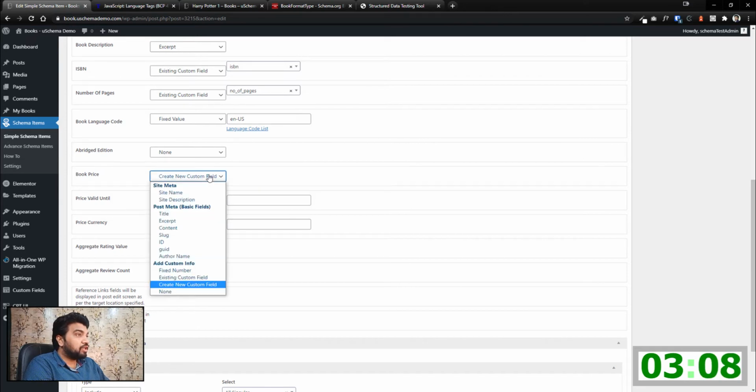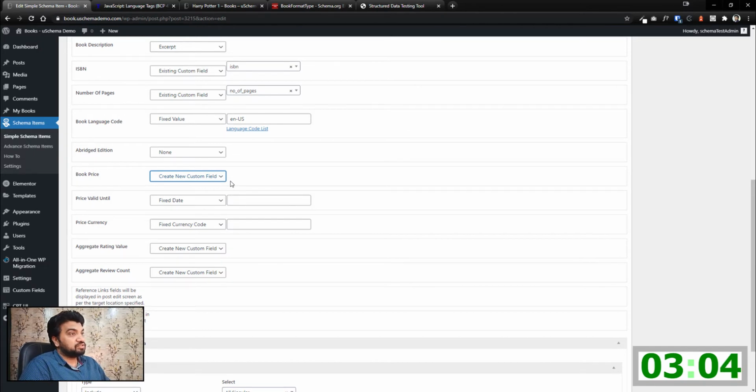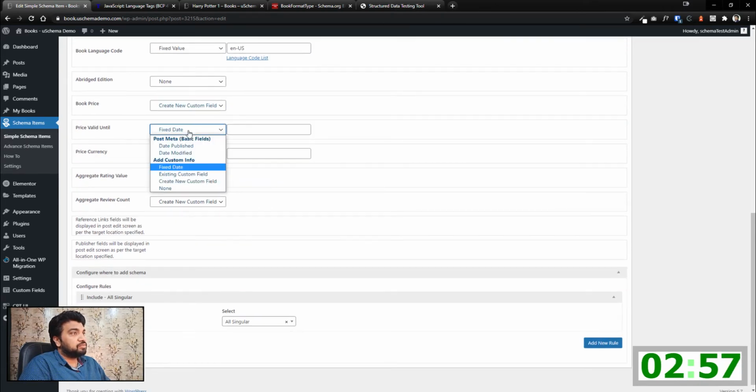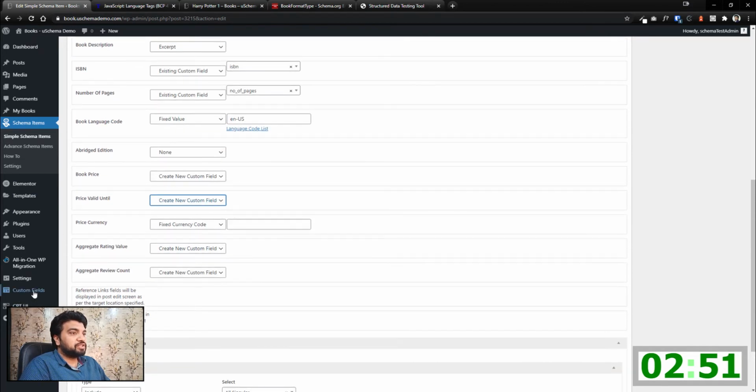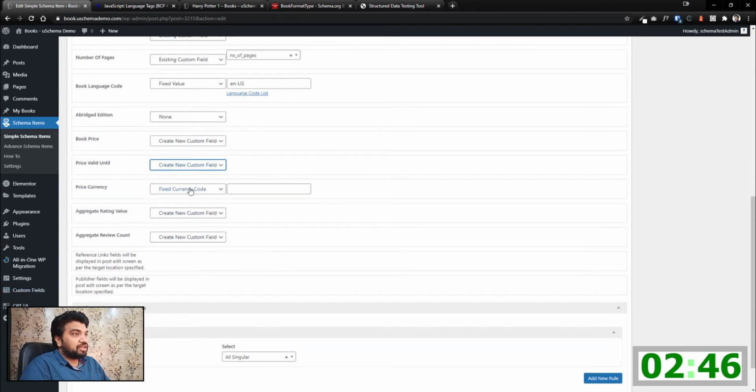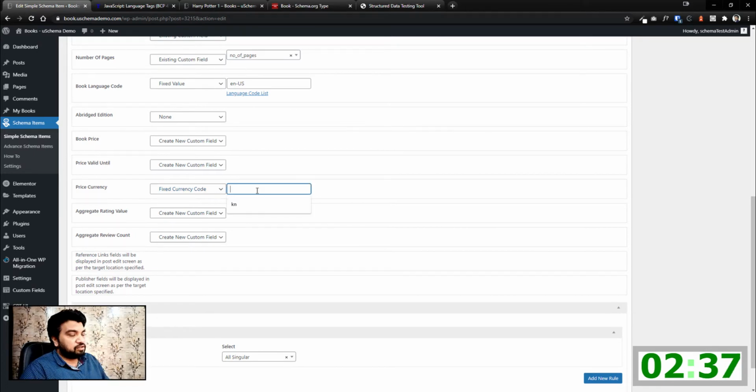But for now I am using a create new custom field, and I'll show you in a minute what it means. So, price valid till date. It can be a fixed date, or let's create a new custom field for this as well, because our CPT UI and ACF don't have these details. The price currency is a fixed currency code, and I'm going to use US dollar. Okay, so put our dollar in here